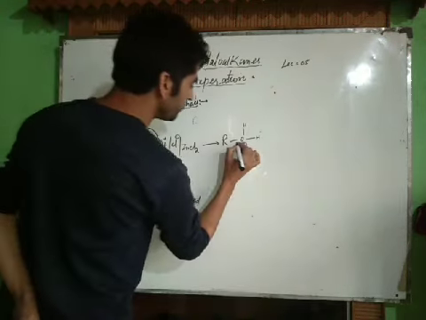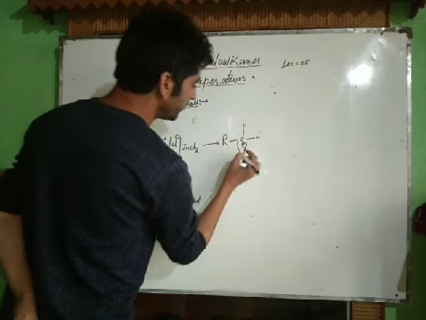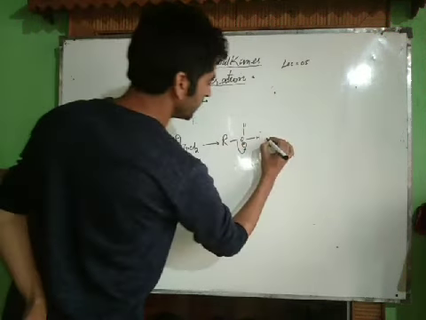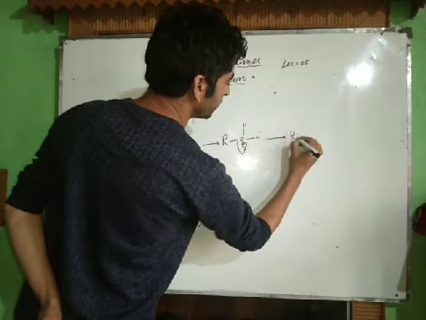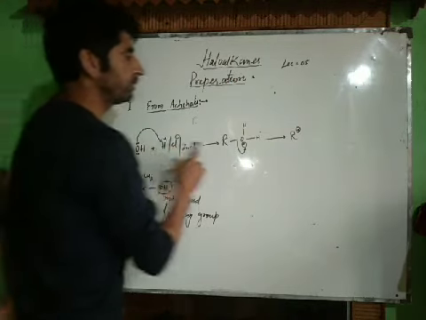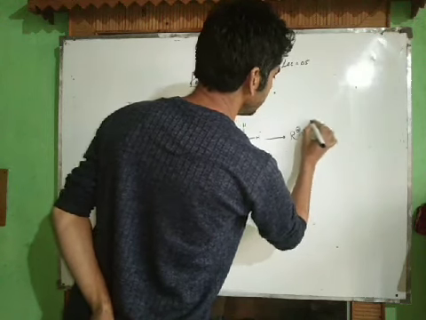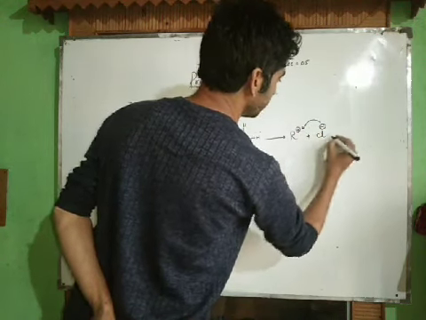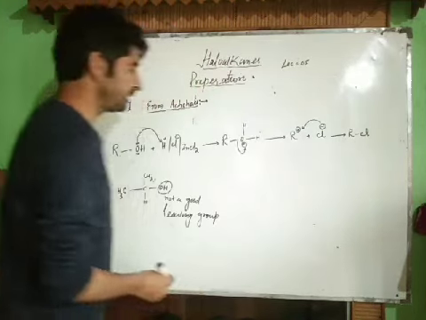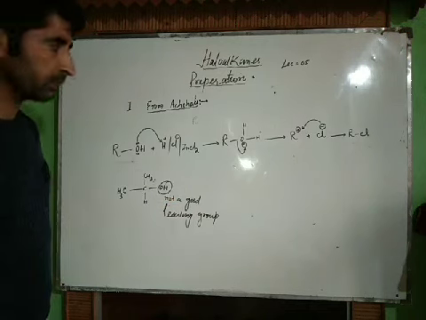Now in the second step, what happens? This R-O bond breaks. It has to break towards the oxygen atom because oxygen has a positive charge. We get an intermediate carbocation. Now to this carbocation, the nucleophile, Cl negative, attacks, and we get RCl. This is a very simple mechanism; the reaction actually has quite a different mechanism, but this is a simple one.